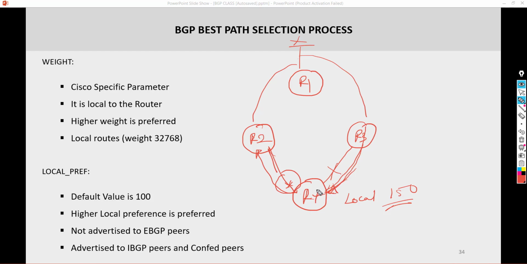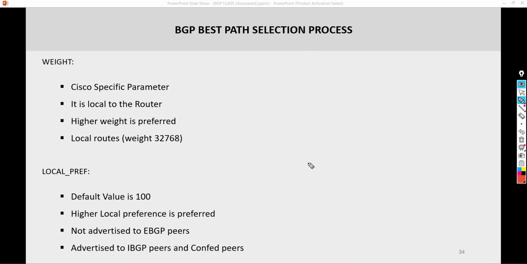So if I'm trying to influence how traffic routes out of my AS or out of my network, then I'm going to apply the policy inbound. But if I'm trying to affect how traffic routes into my autonomous system, then I'm going to apply policies outbound. We're going to talk about things like AS path prepending, local preference, and weight, and how we can actually use them for traffic engineering. Okay, so moving forward here,